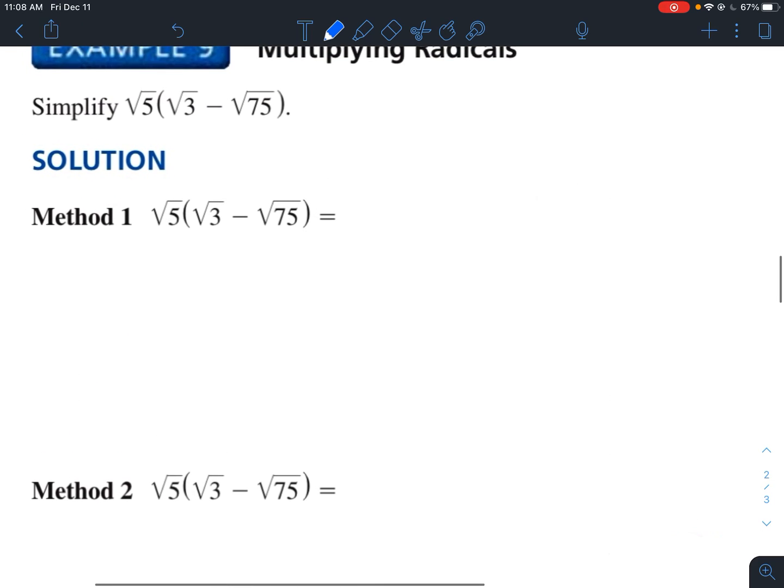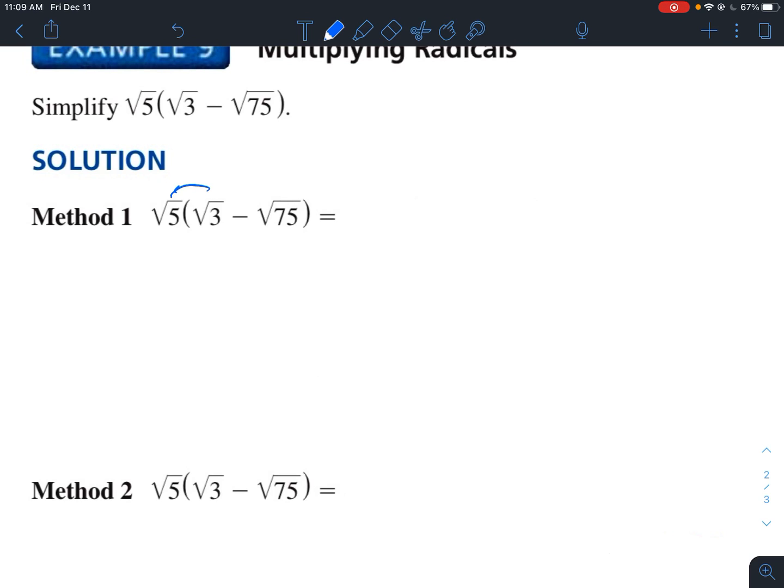Now going on to example 9, we're going to simplify, and we have to use a little bit of multiplication. So there are two methods that we could go about this. So first method, what I'm going to do is I'm going to try and simplify. Well, first I guess what I could do is multiply, distribute. So I have this square root of 5 out here,